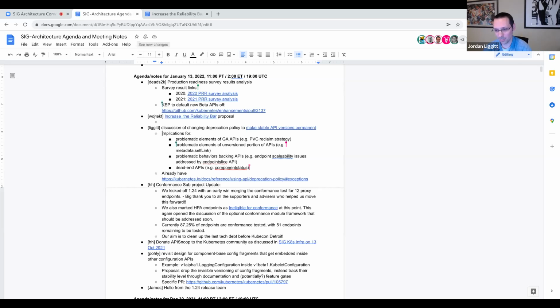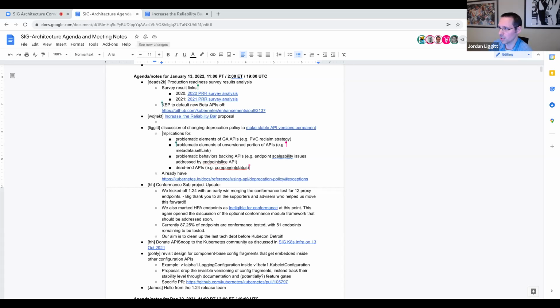I think the networking team brought up issues with behaviors. So even if the API surface remained the same, if the behavior of a controller backing it was problematic, like the scale issues we saw with endpoints, what are we saying our guarantees are? And then David had just today brought up an example of a particular V1 API that really doesn't have a future in terms of a V2 API or continued development, like component status. So what do we do with that?